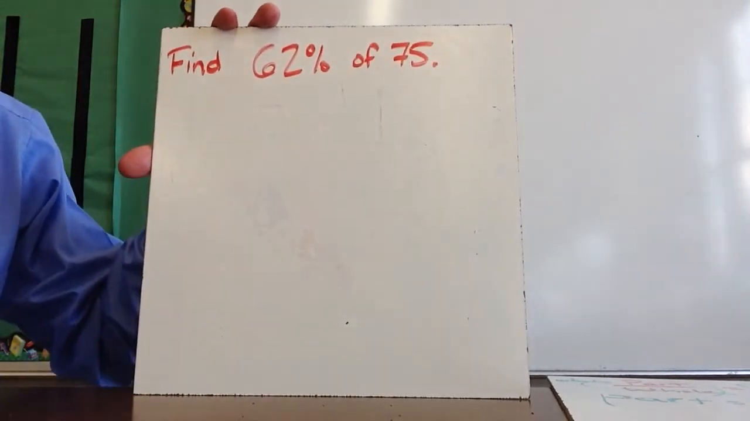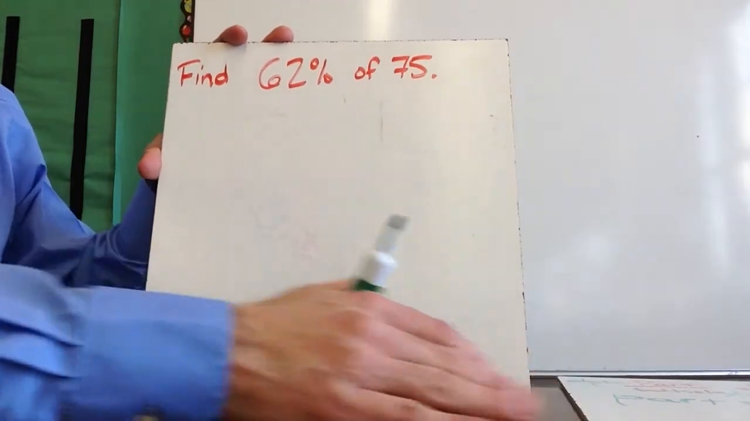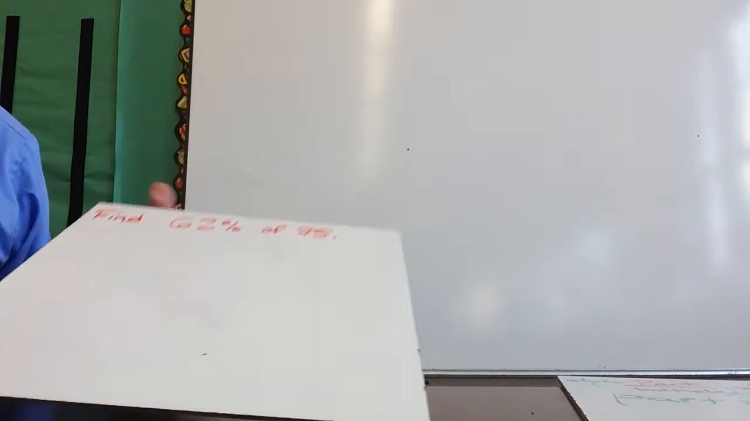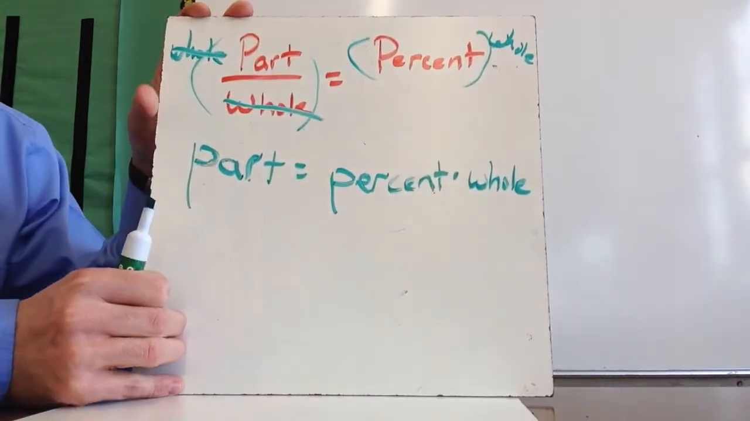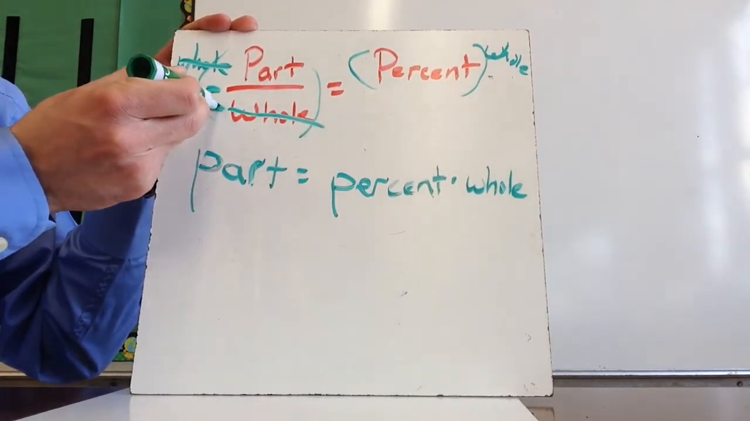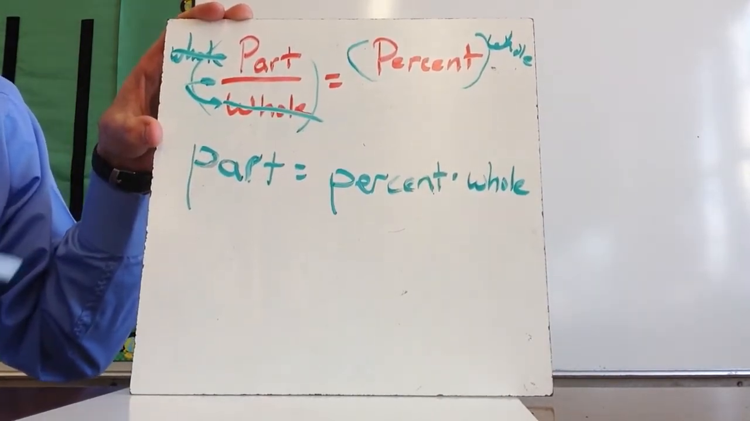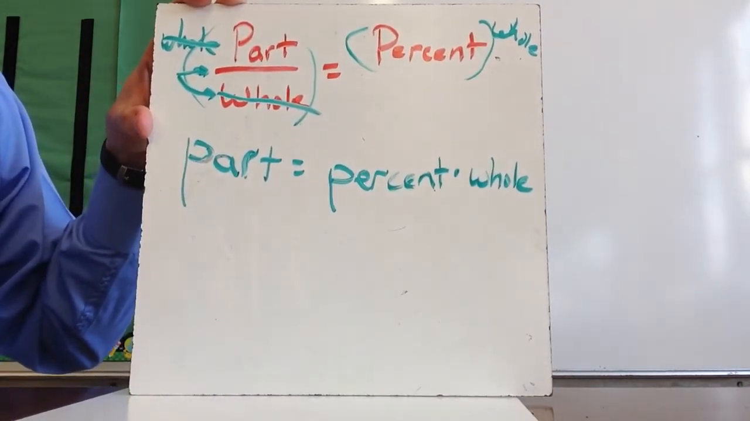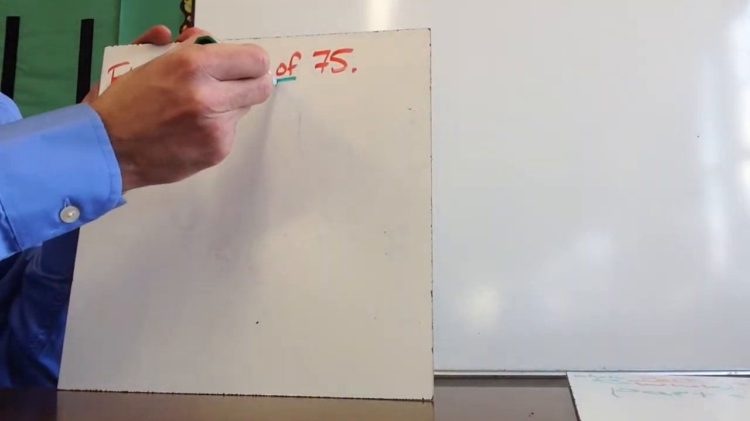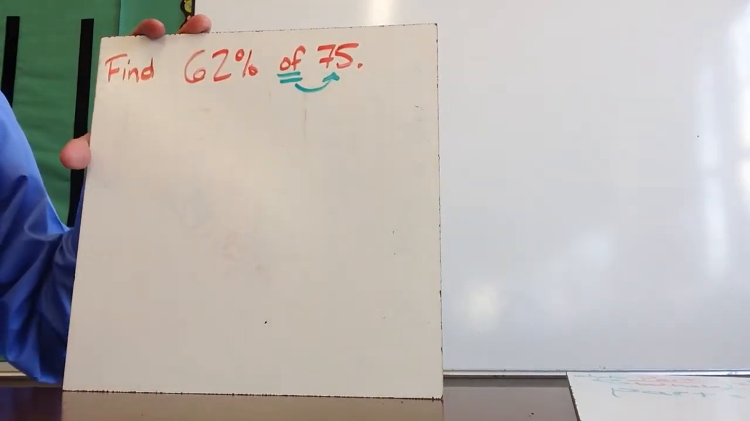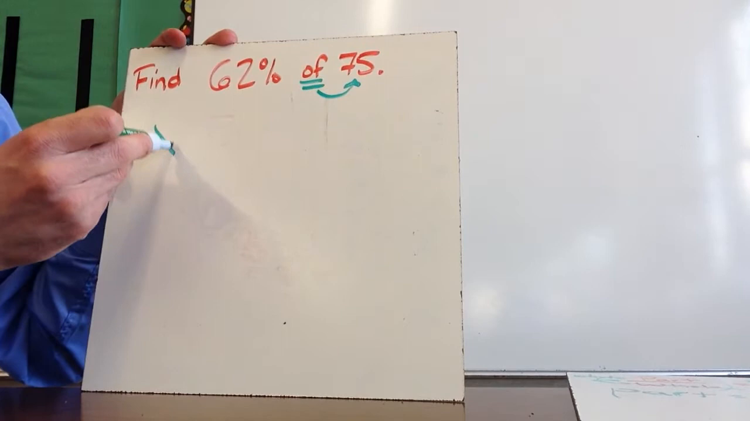So, if I want to find 62% of what number. If you remember when we talked about this, we used the word of to determine what would go here, and whatever word came immediately after of, we said was the whole. Essentially of was my line dividing the numerator from the denominator. So that means this is going to be the whole. As I look at part equals percent times whole,